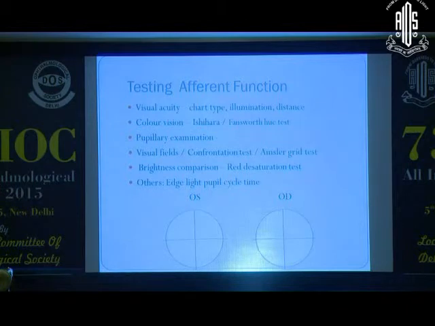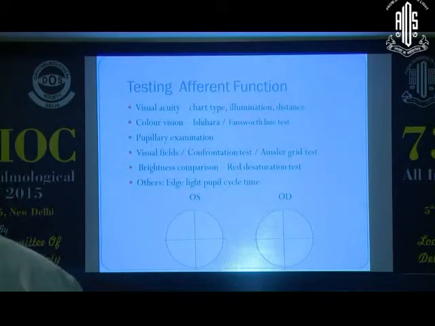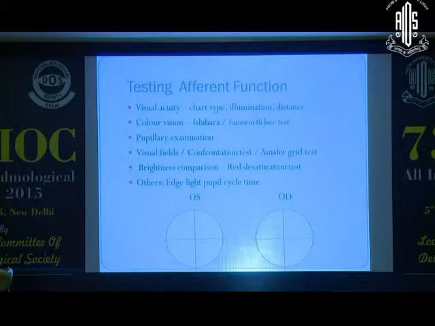So coming to the examination of a neurological case, what we usually follow is an afferent and an efferent examination. In the afferent, what we look at is visual acuity, color vision, and pupil examination, in which we talk about the site, size, shape, the reaction, direct, consensual, and the relative afferent pupillary defect. Visual fields, in office examination we can do by confrontation, or as an investigation we can do a Humphrey. If the patient comes with complaints of central scotoma, we can do an Amsler grid test.